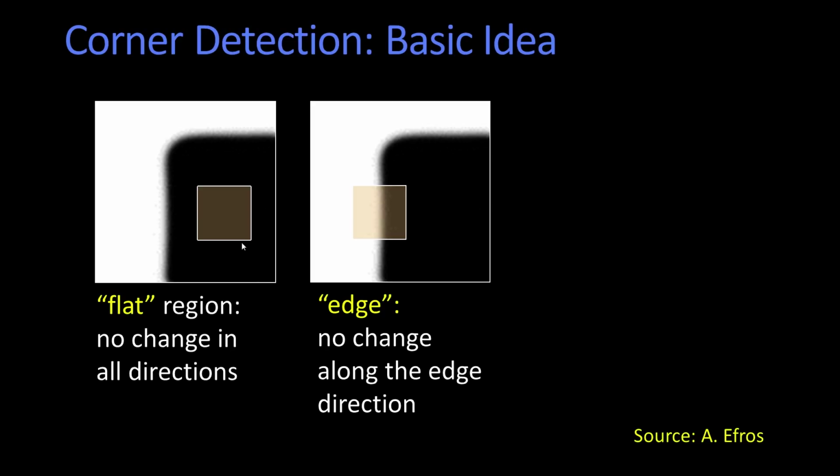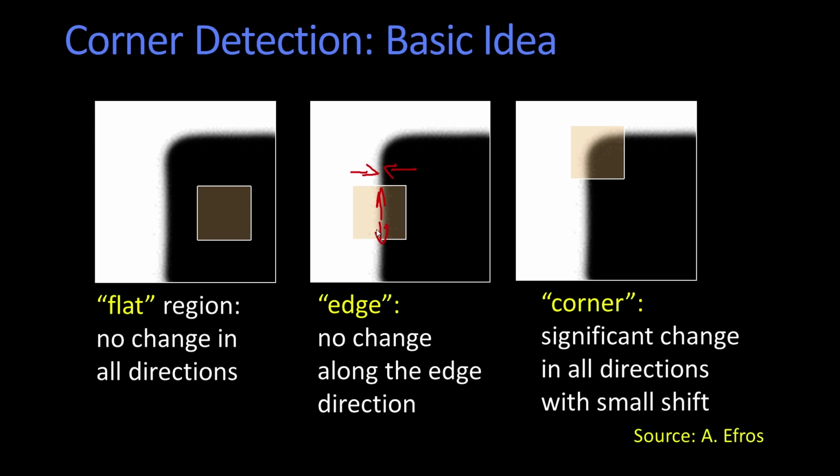Well, here's our edge, okay? So now we've put our square over the edge. So what do we see? Well, it's the same thing we talked about before. Now I can know about moving left and right. I would know exactly more or less where that edge is. But if I were to move up and down, okay, I wouldn't be able to see any difference because there would be no change.